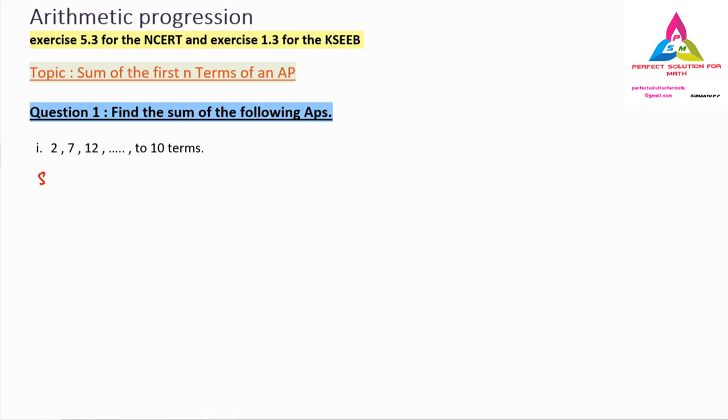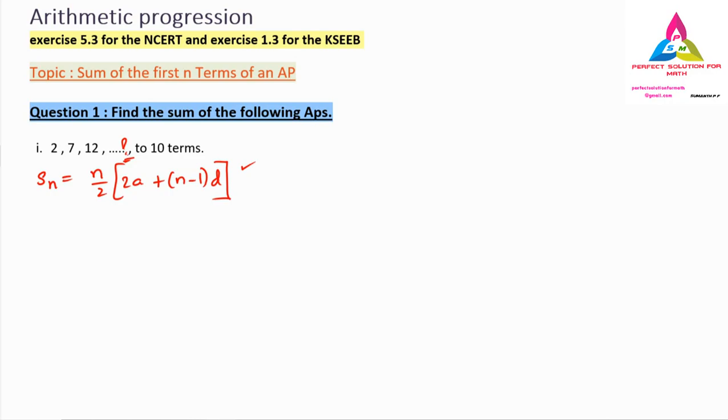The Sn formula over here is nothing but Sn is equal to n by 2 into 2a plus n minus 1 into d. This is the Sn formula, and you may have one more Sn formula, that is Sn is equal to n by 2 into a plus an. But that formula we can apply only if we have the first term and the last term. Here we don't have the last term because it is not given. So we can't apply it, so we have to go for this formula only. And in 90% of cases we are going to apply this formula only, not the first term and last term formula.